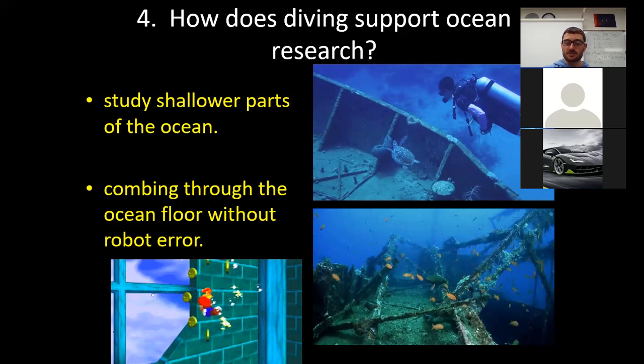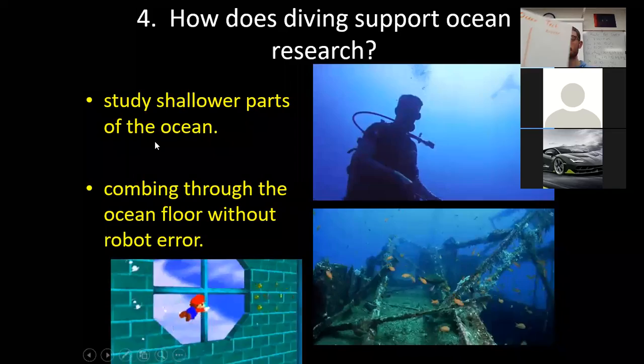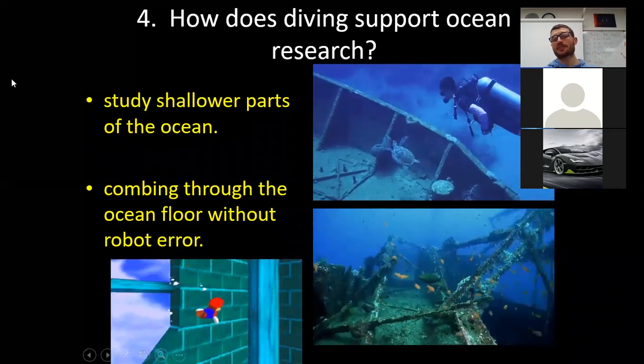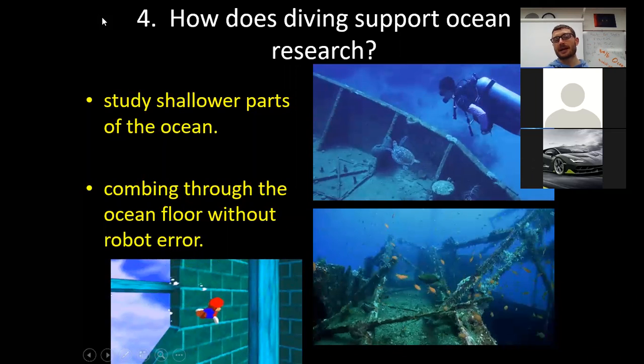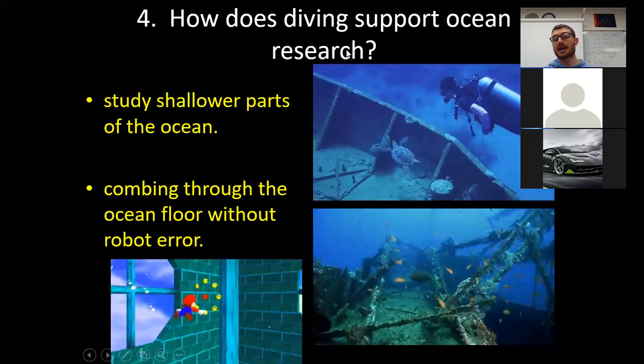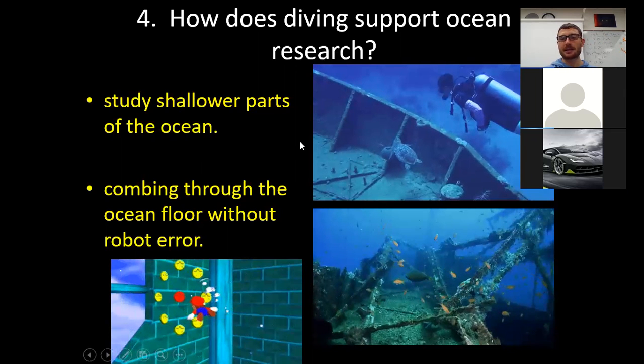So here's the submersible, by the way. Again, make sure on page 16, questions and answers, you write the question in white: how does diving support ocean research? And then you write the yellow answers. Anybody in the chat want to let me know